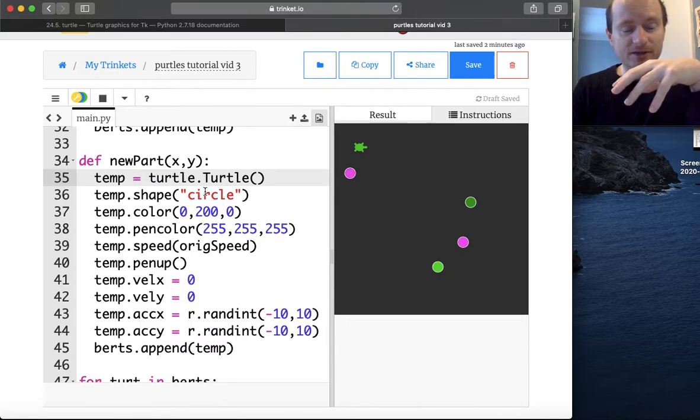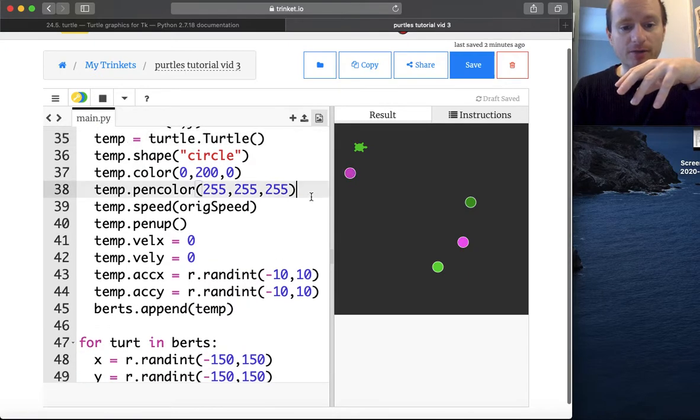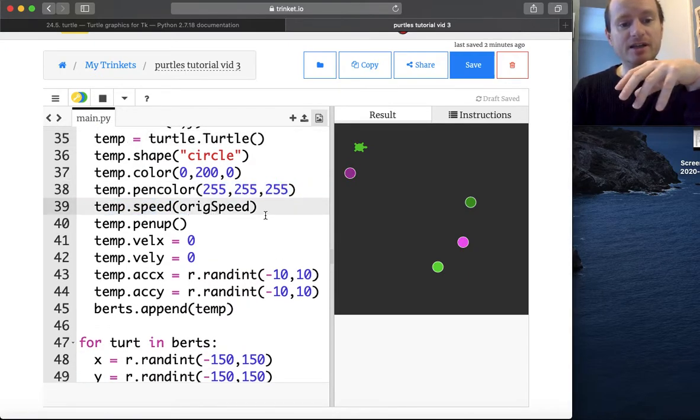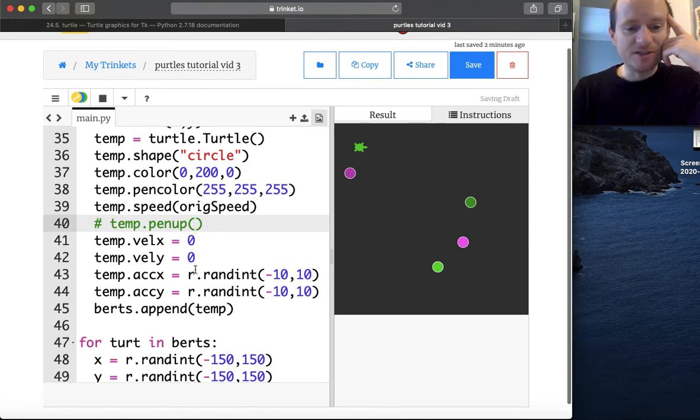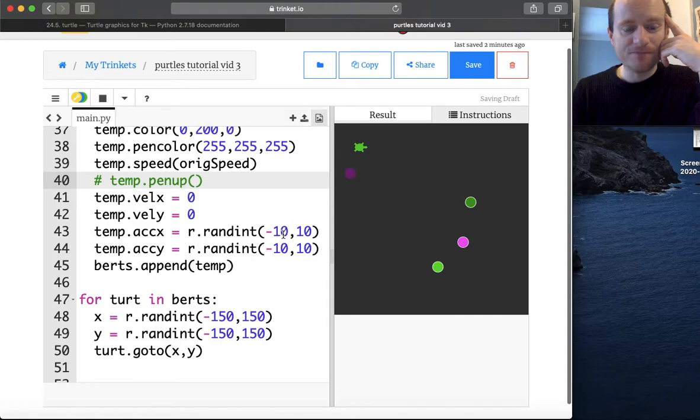We make it a circle, we give it a color, we give it an outline with the pen color. Its speed is going to be the original speed of all the turtles. The pen is up so it doesn't draw any lines. I'm going to comment that out so we can see the new particle being created, and then its velocity is going to be 0, 0. It's going to have a random